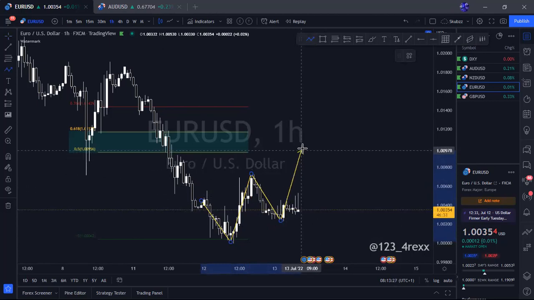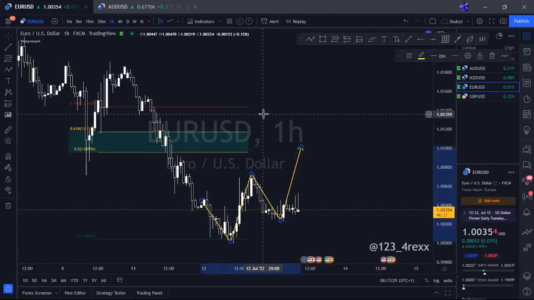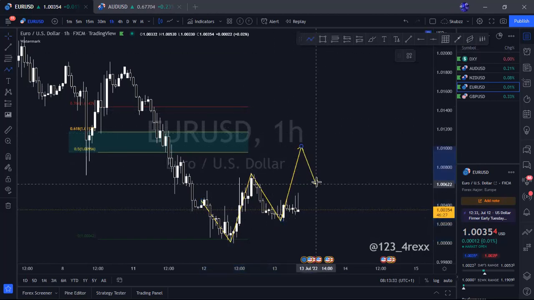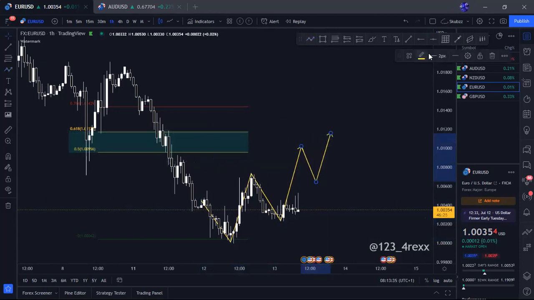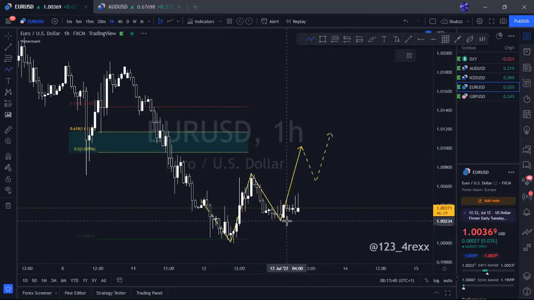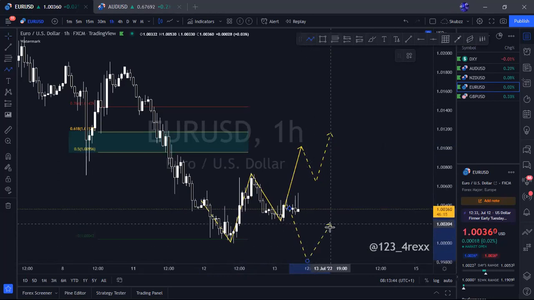Now, what you can watch out for here is if price is going to break to the upside. If price breaks to the upside, then we're going to have a shift in market structure. Then we can wait for the retest and a continuation, basically. And that's one. Then two is the break of structure to the downside, then a retest and a continuation. So that's basically what I'll be looking at on Euro USD.